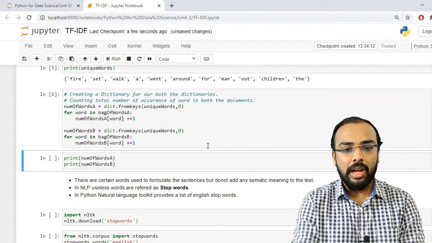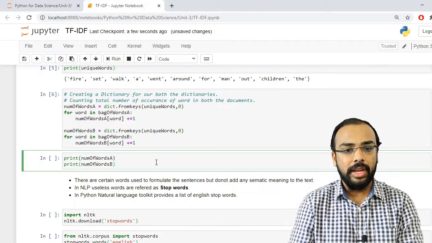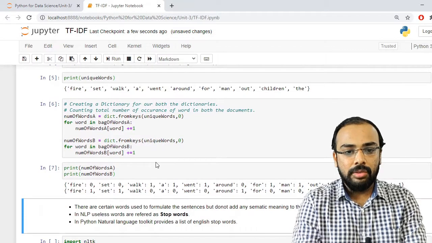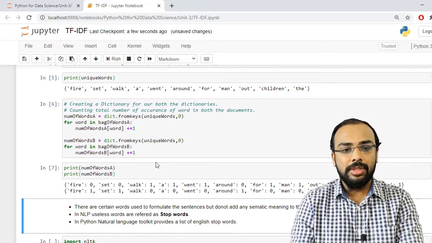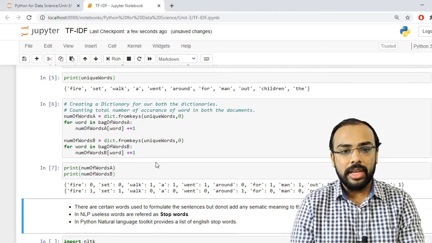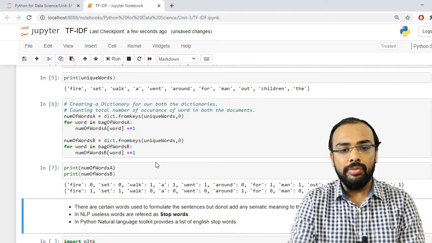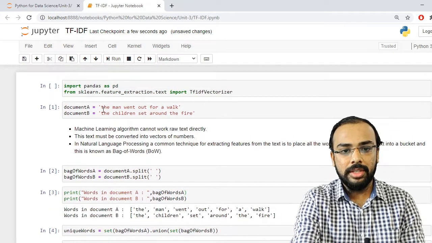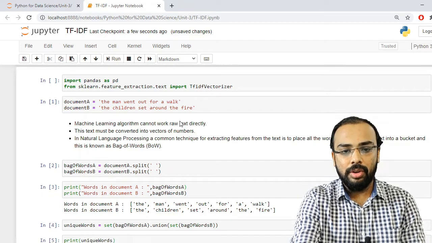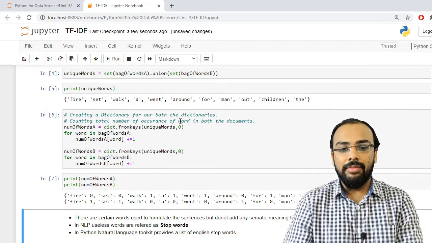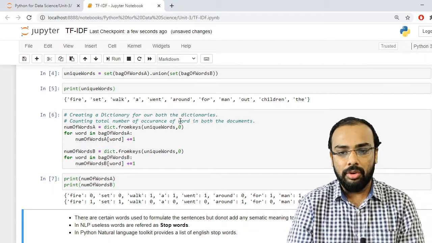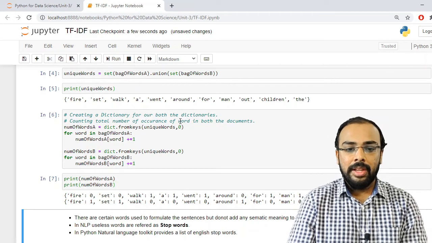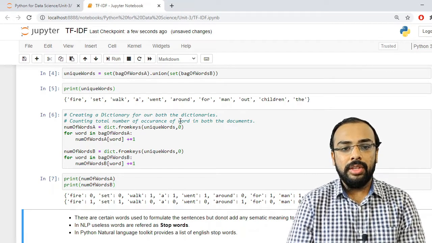Now let us print and see how it is showing the number of words in A and the number of words in B. So here you can see how many words were there. It will compare and check how many times a particular word is occurring. So inside your document A there is no word like fire. If you see your original document, that is the man went out for a walk, it will check each and every unique word inside your original documents, and check how many times a particular word is occurring by comparing your unique words with your documents.